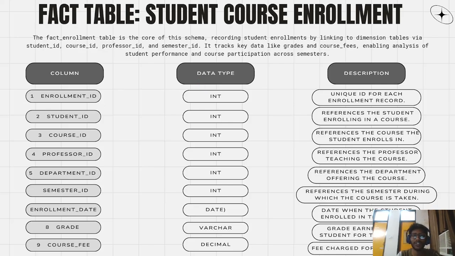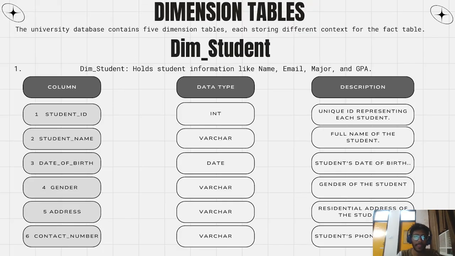So the fact enrollment table here is the core of this whole schema. It records the student enrollments by linking to the dimension tables via the student ID, the course ID, the professor ID, and the semester ID. It tracks key data like the grades and course, which plays a key role while analyzing the students' performance and their course participation across semesters. And coming to the dimension tables,